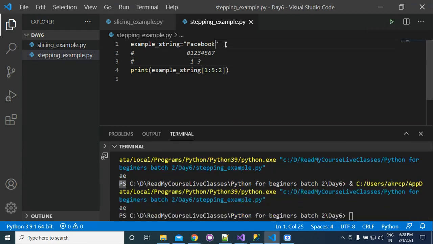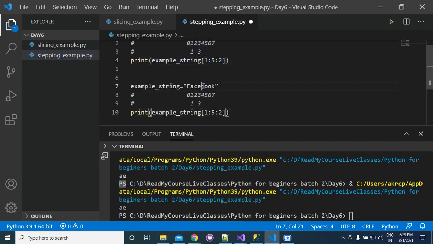Now if I give you a second example, suppose that our example string is now welcome to read my codes. Now we are passing here 1 to 8, and then the step size is 2. What will happen in this case?